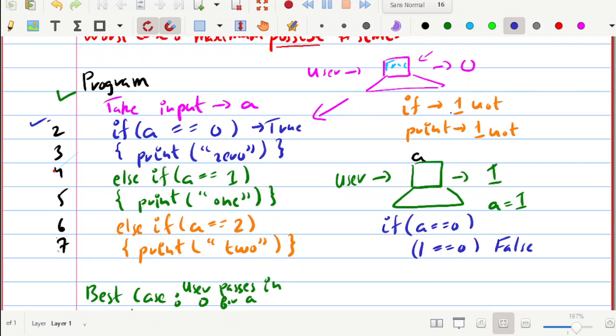So we did run statement 2, but since it returned false, we're going to skip the statement inside the if block. So the print 0 is not going to execute. What's going to happen is that, like I told you, it's going to move to the fourth statement. So it has skipped this one, and now we are trying to evaluate